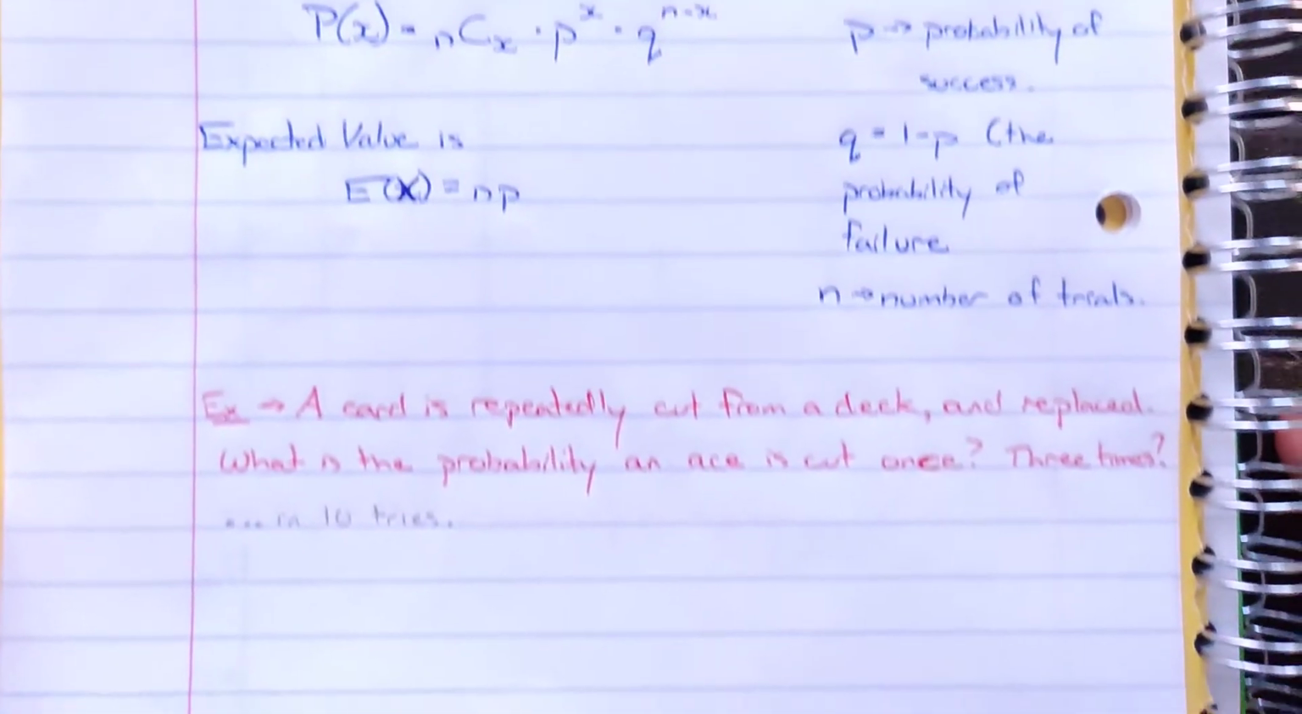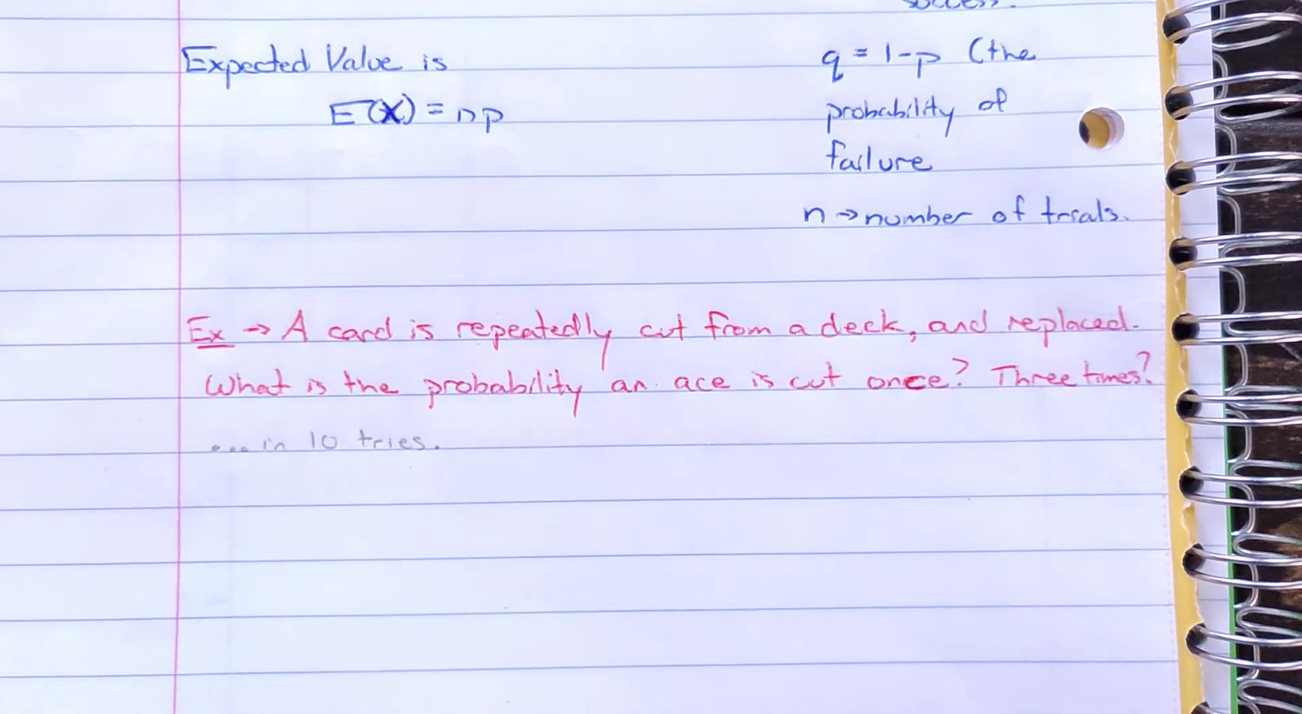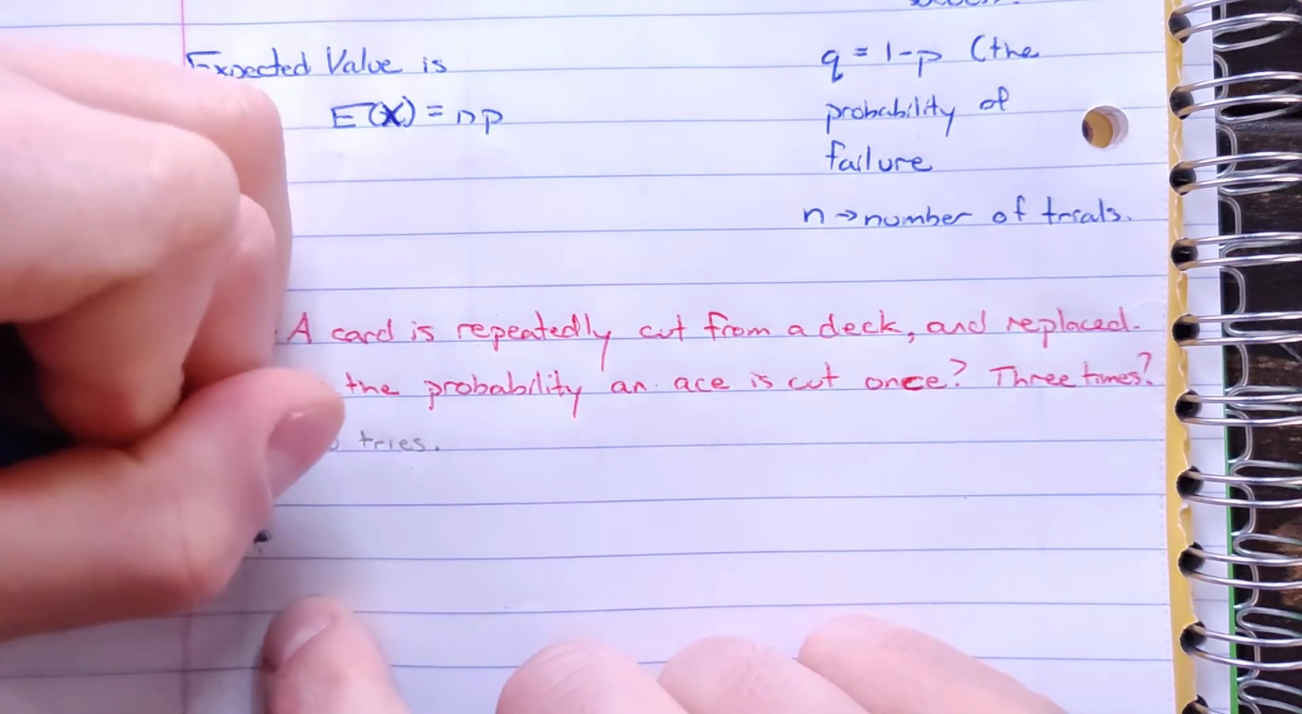So if we take a look at a card game where we're repeatedly cutting a card from a deck and then replacing it, we want to know the probability of an ace being cut once or even 3 times. And I should add how many trials we're doing, so we're going to do this in 10 tries. So what's the probability of an ace being cut once in 10 tries? Well, probability of